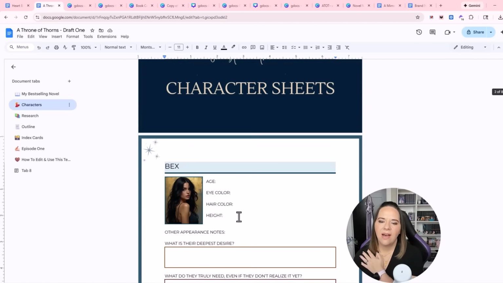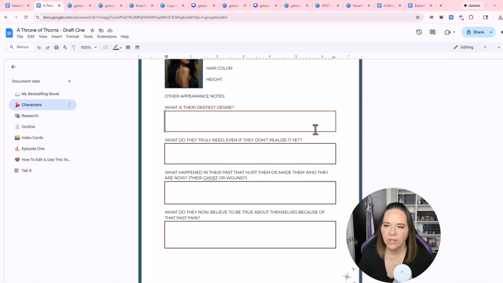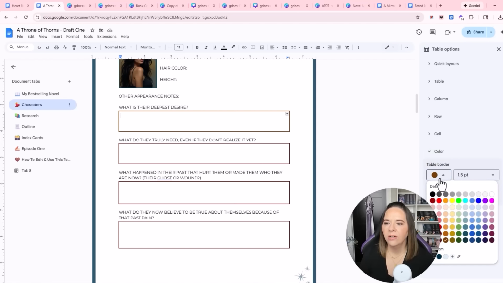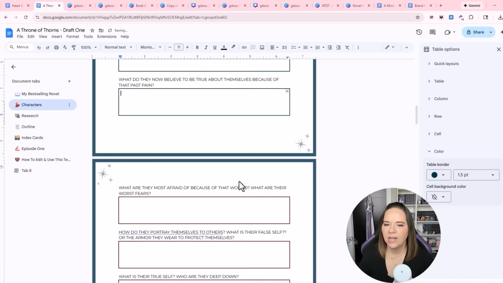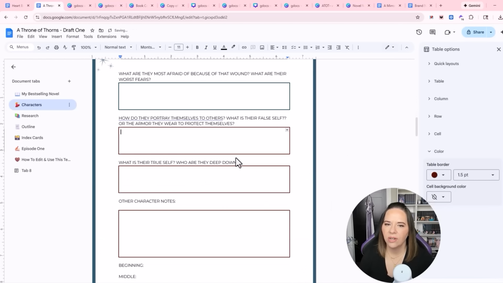Now we also have these little boxes that are in our table that are also brown. So what we can do is right click and choose Table Options, and down here on the left side or right side, it's going to be a little box that says color. So I'm just going to change the color. This one takes a little bit of time because you're going to have to click into every single box and change this color to blue. If anybody knows of a way to change them all, let me know. But right now, the only way I know to do it is to click on each one,